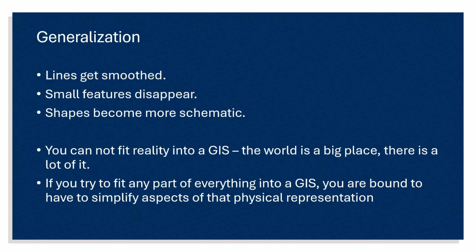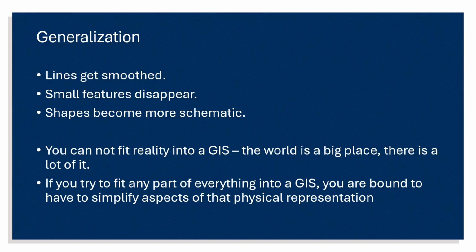What is generalization? Well, it's where lines get smoothed, small features disappear, and shapes become more schematic. You can't fit reality into a GIS. The world's a big place, and there's a heck of a lot of it. And when you try to put a heck of a lot of something into a very finite space,